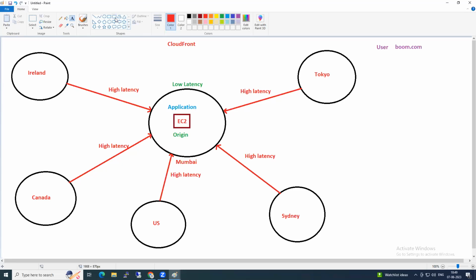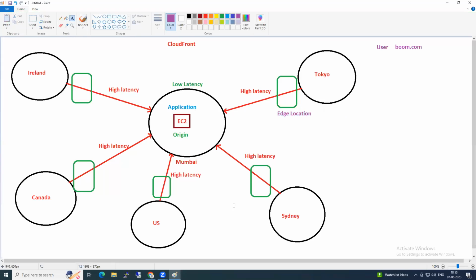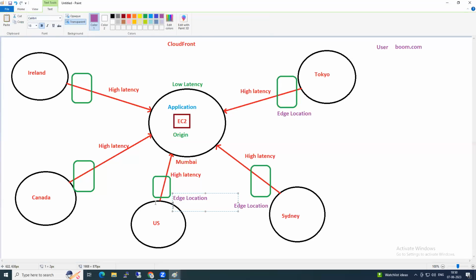Every region has edge locations. Everyone write down. Edge locations. All these are edge locations.